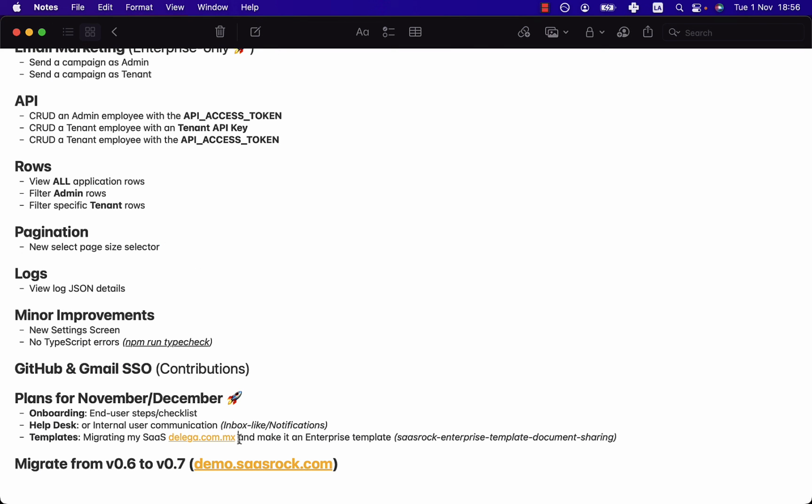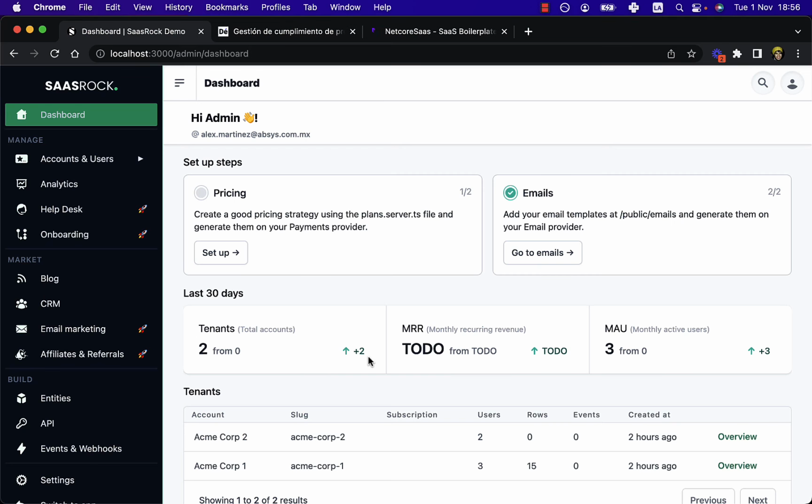And for that, I need to work on onboarding, because B2B customers need onboarding, and maybe help desk, or internal user communication like an inbox, like chatting support, maybe not real time, but having a notifications banner, or maybe even